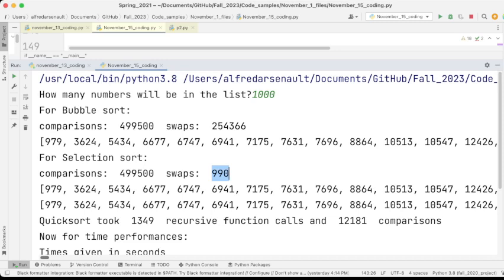Quicksort this time, 1,000 elements, 1,349 recursive function calls. Those are going to be expensive, but you'd be surprised what the difference is. I only had to make 12,000 comparisons. 500,000 comparisons, 12,000. Now you see why it's called quicksort. Even with the overhead introduced by 1,349 recursive function calls, what we get is something that is